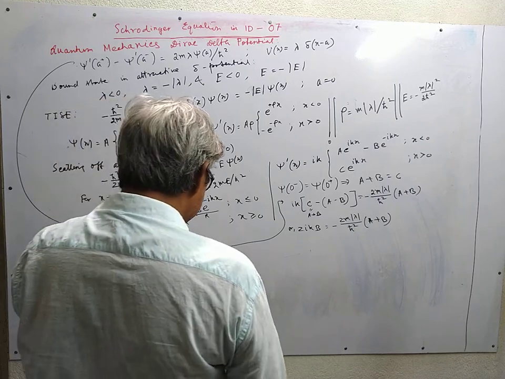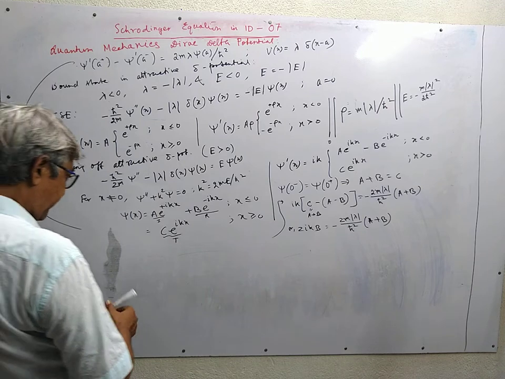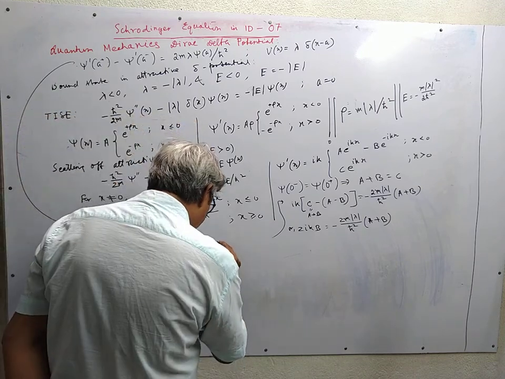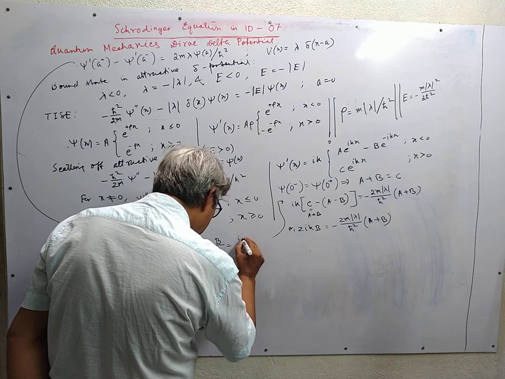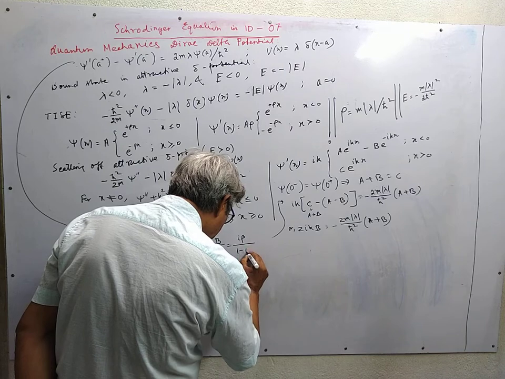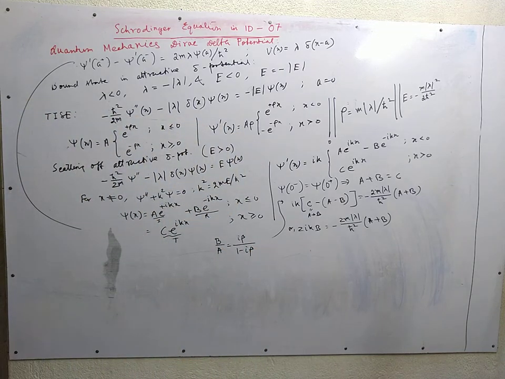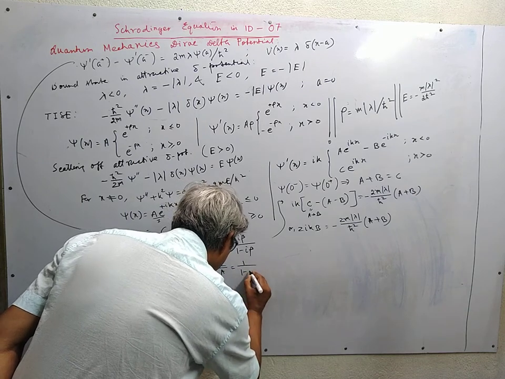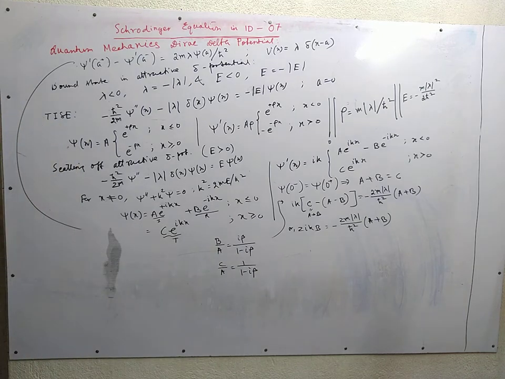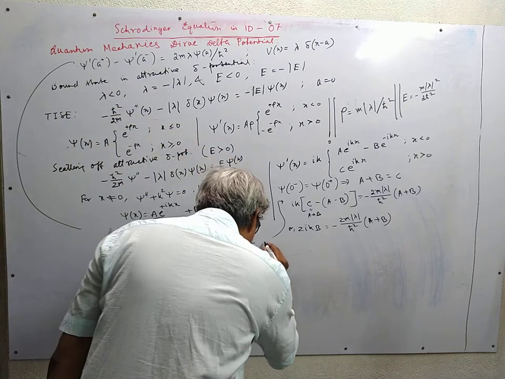If we simplify the result, we find that on simplification we get B by A is equal to i beta and C by A is equal to 1 minus i beta, where beta is defined as